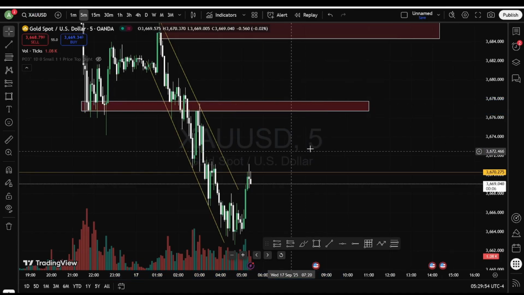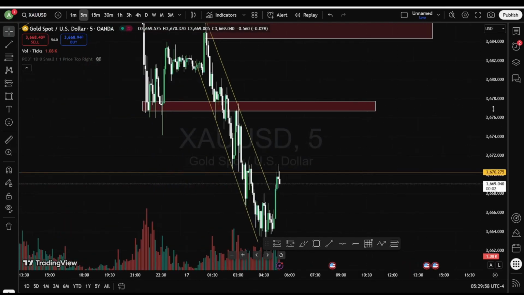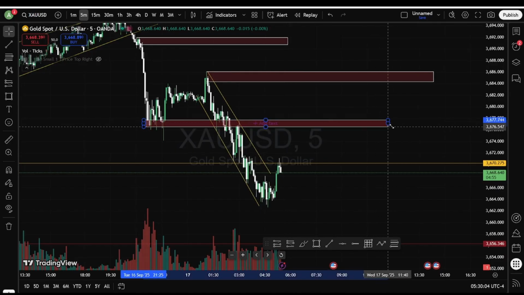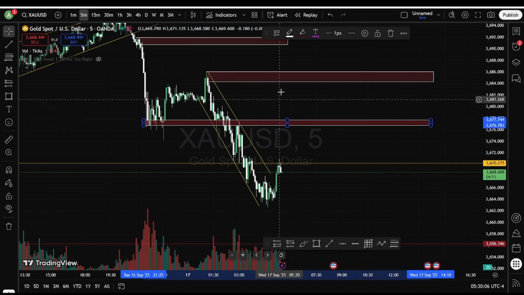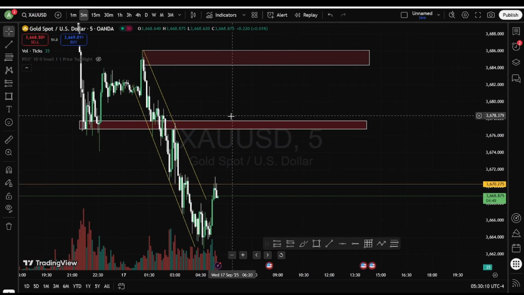It may go here and do a range and it can fall back. If it breaks this resistance and we can see some noise here, like if it breaks and again retests,